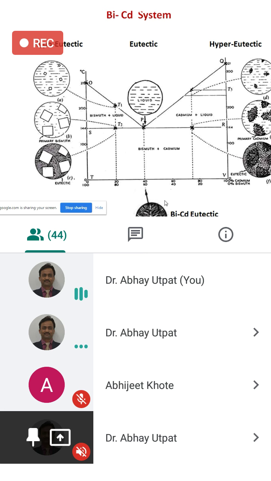So if you take 100% cadmium, your melting point will be different. But if you go on adding bismuth into it, the melting point goes on decreasing, and at 40% of cadmium, the system shows the lowest melting point, and the microstructure will be like this, where I put my cursor. That is called as eutectic combination. For this particular combination, there is no liquid plus solid phase. Are you observing L plus S phase?